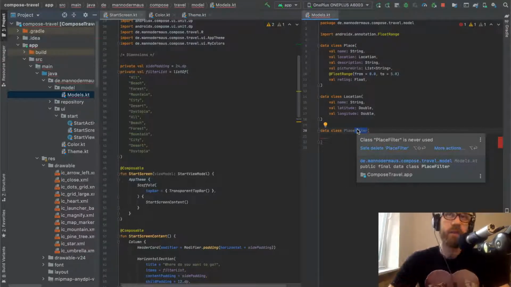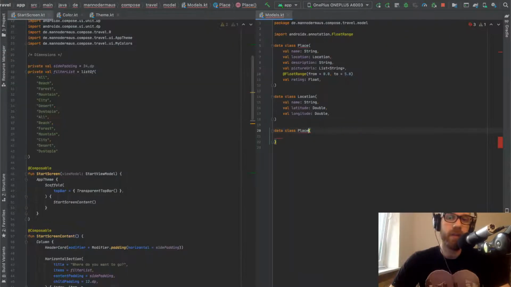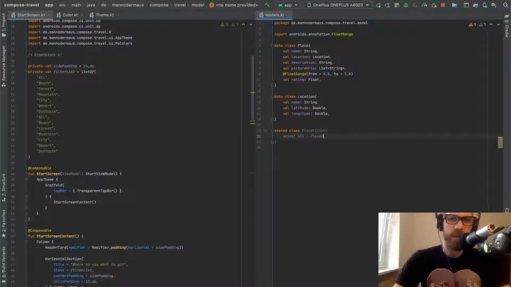So I'm wondering if I should make this a sealed class and treat the all filter differently. So maybe I should do something like this. Make this a sealed class, introduce all as a special marker, and then have something like